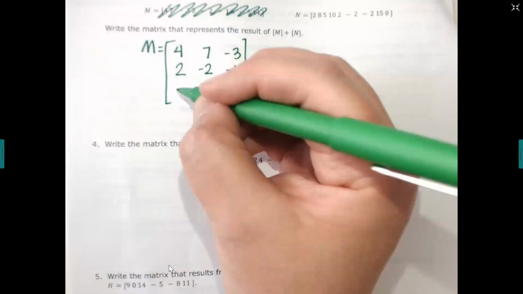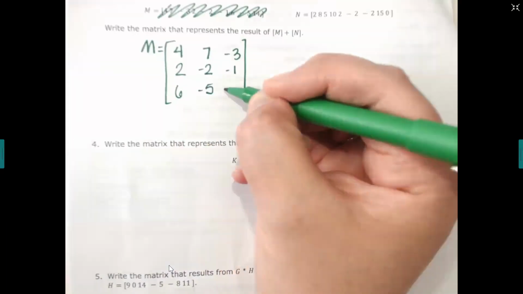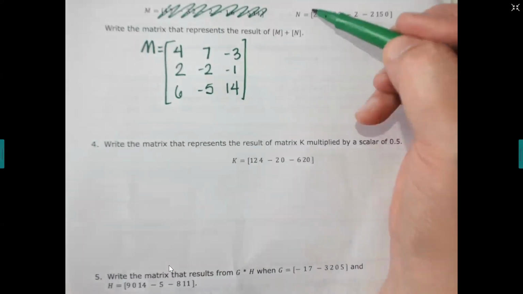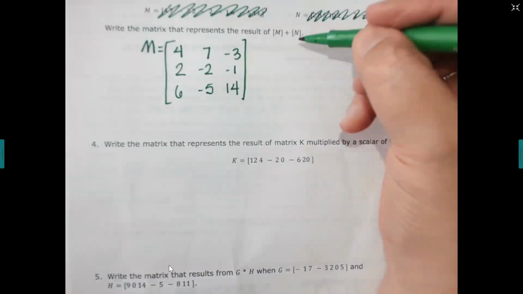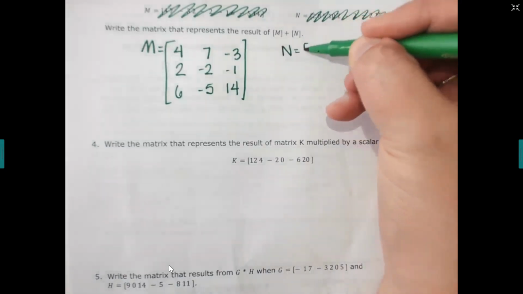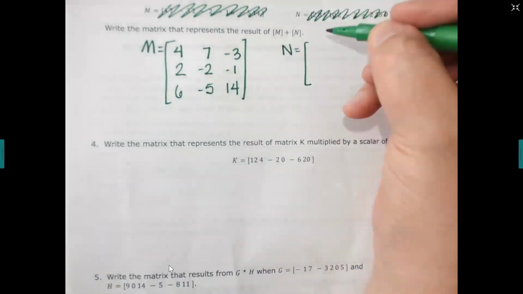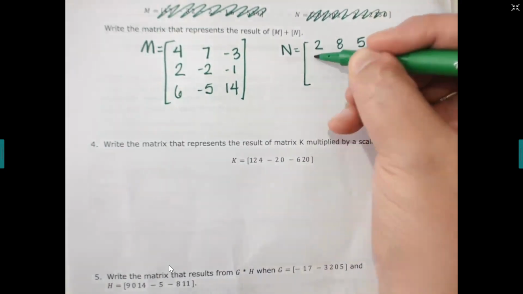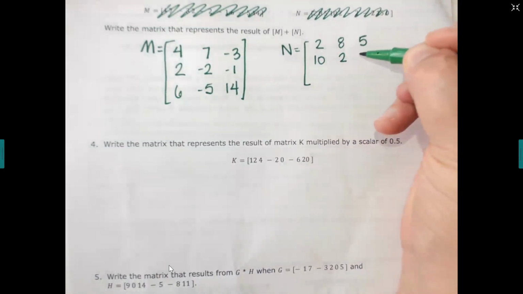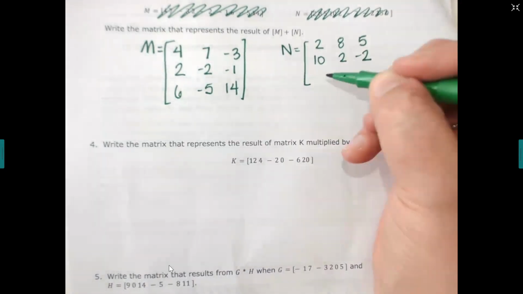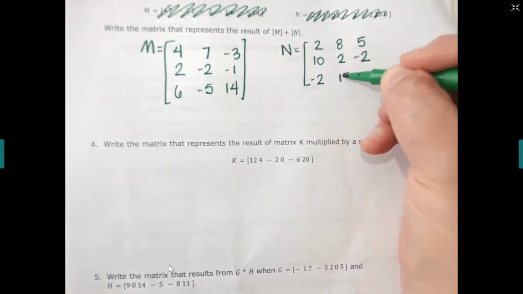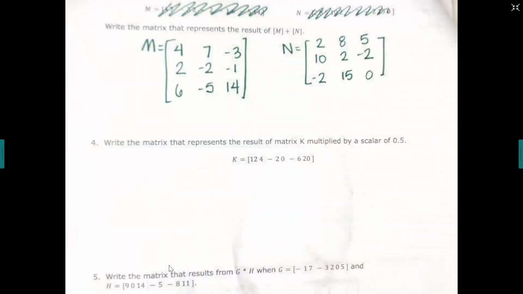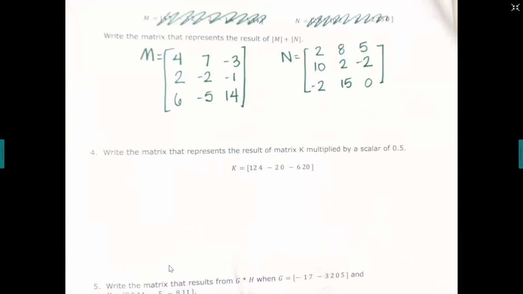And then 6, -5, 14. Your N should be 2, 8, 5. 10, 2, -2. -2, 15, and 0. Okay, now, once you get those copied down,